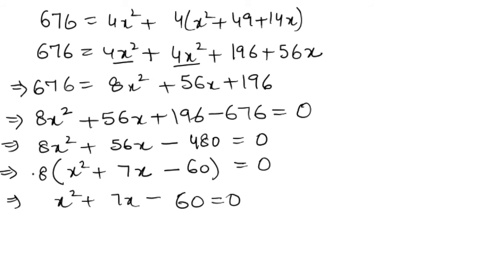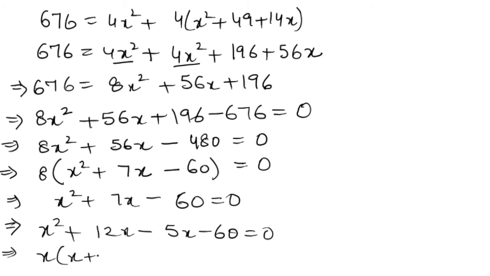Definitely 8 cannot be equal to 0, so that means जो उसके साथ वाला equation है that will be equal to 0. So now for this it is very easy to simplify this by finding the factors for this. We have done this how to do the quadratic equation also. So for this we are going to simplify it further by finding its factors. So for this we can write this as x square plus 12x minus 5x minus 60 is equal to 0. Or from the first two terms we can take out x common.